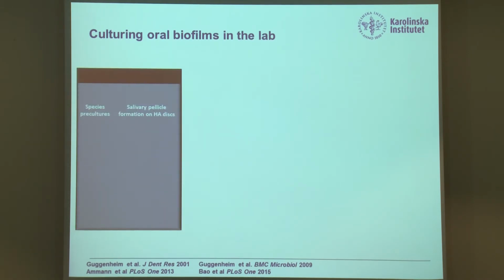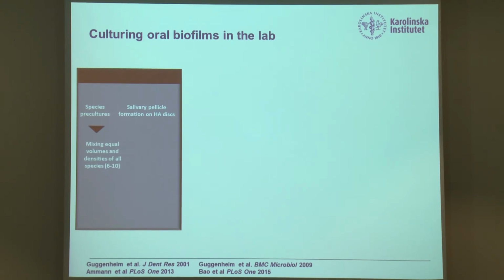So, how does the model look like? On one hand, we have to prepare pre-cultures of different species of interest that we are about to mix. And on the other hand, we also have to prepare a salivary hydroxyapatite disc coated with a salivary pellicle. Hydroxyapatite is basically the mineral that constitutes the enamel of our teeth, and it's approximately 96% mineralized. And that is spontaneously covered with saliva as soon as the tooth erupts in the oral cavity. And it forms a thin layer of glycoproteins known as the salivary pellicle. And the bacteria are utilizing this pellicle to attach on the tooth surface.